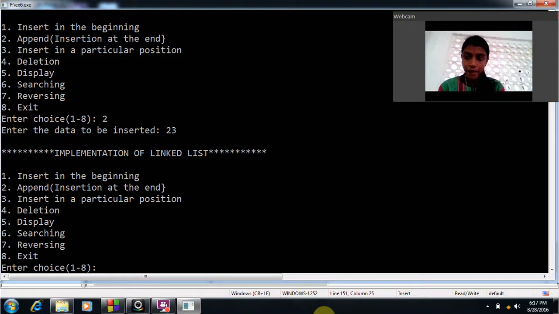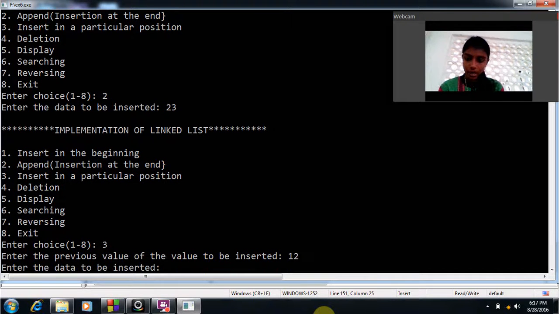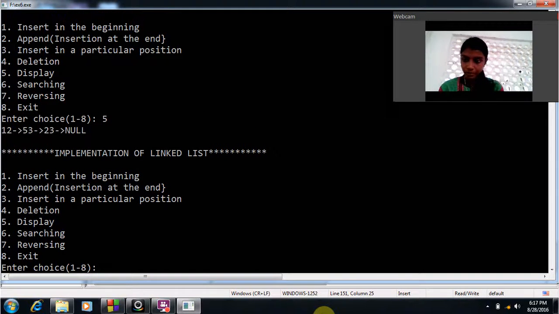I want to insert 53 in between 12 and 23. For that I give 3, and enter the previous value. The previous value is 12, so I give 12, and I give 53 to be inserted. Now we will display, so I press 5, and it shows 12, 53, 23.